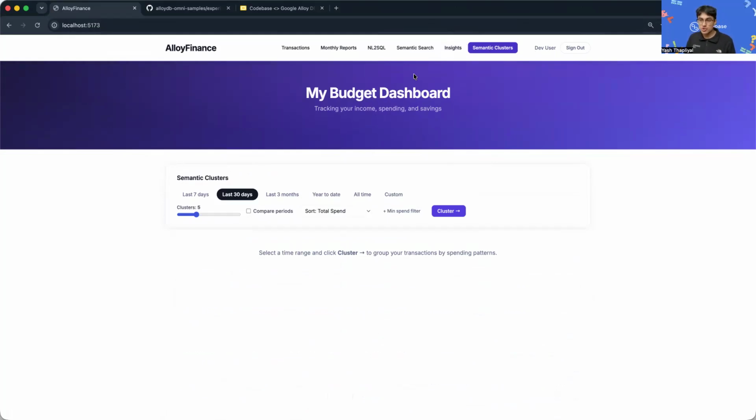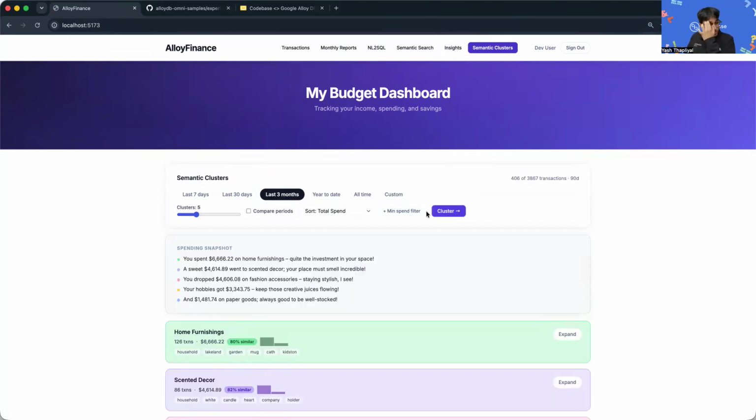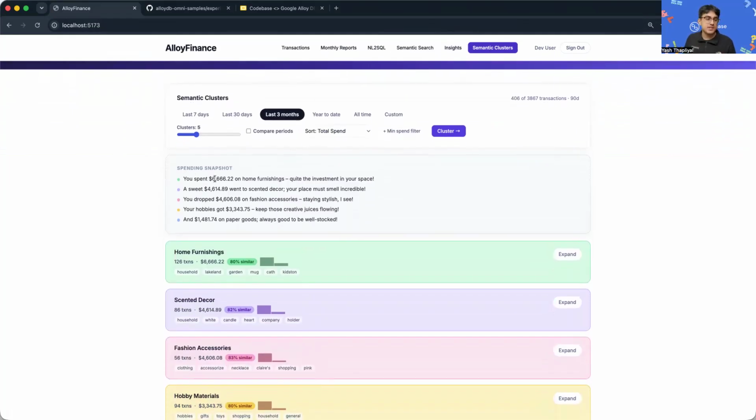And so similar to semantic search, which allowed us to query by meaning, this allows us to visualize our data by meaning. So if I look up the last 3 months and create 5 different clusters, this will now query all of our data in the past 3 months and separate it out into different clusters by meaning. So we have a spending snapshot. It explains things like how much I spent on home furnishing, sweet scented decor, fashion accessories, and then